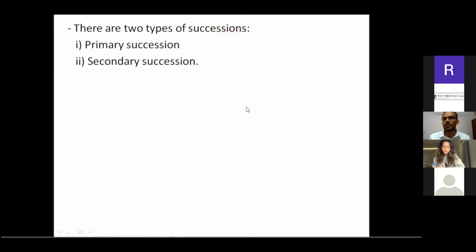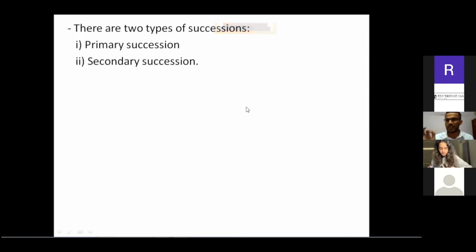So even primary succession, from development of a particular lifeless habitat through pioneer species to reaching the climax community, takes time. But once it achieves certain stability, we can say that, okay, primary succession has been completed and the climax community has developed. But it is not that the climax community will remain static. It will change in future.